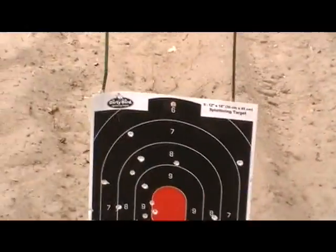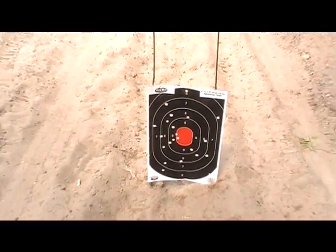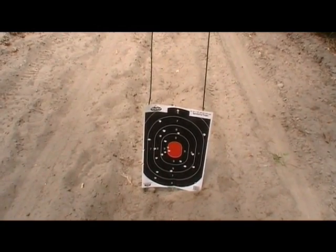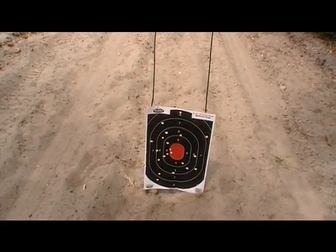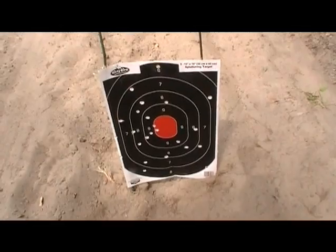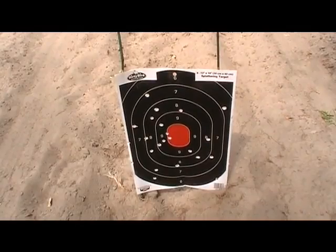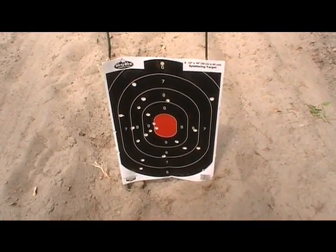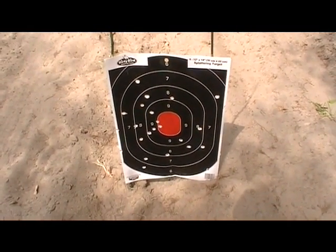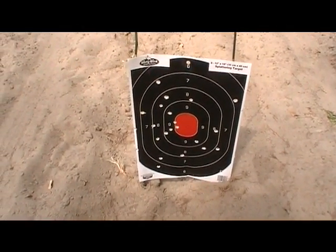Okay. So overall, not too bad, but I can definitely use a little more practice. I'll count up the hits on that and see exactly where I stand. I'll have to do a little bench resting on that, adjust the windage on it so that I can have a truer targeting with it. But in any case, that's the SP101 in 327 Federal Magnum,